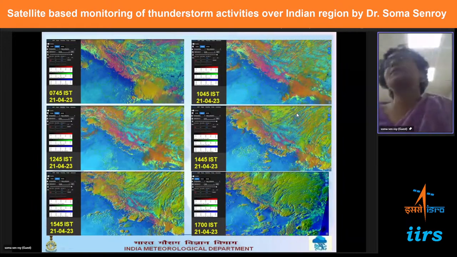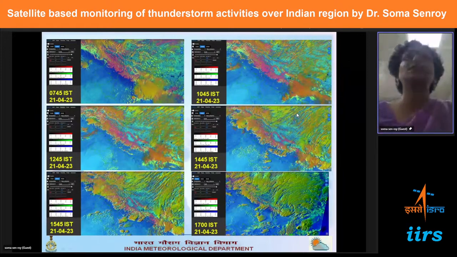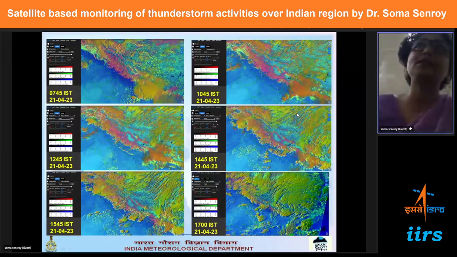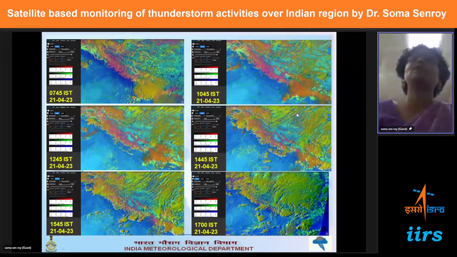So what does that help us with? When an operational forecaster has to give a forecast, he or she looks at where the cumulus cells have started to form. Then he or she looks at the synoptic conditions, whether these cells will become cumulus congestus and die down, or whether they will become cumulonimbus. Fortunately, on this particular day, just this product is sufficient to show you that yes, all these cells could become cumulonimbus, and they gave thunderstorm activity further to the south, over Dehradun and